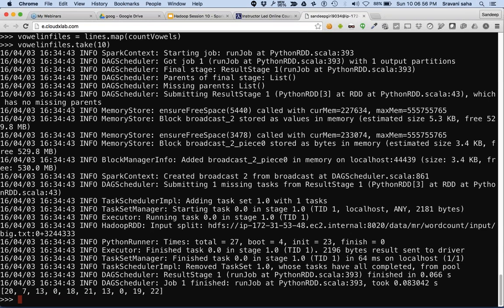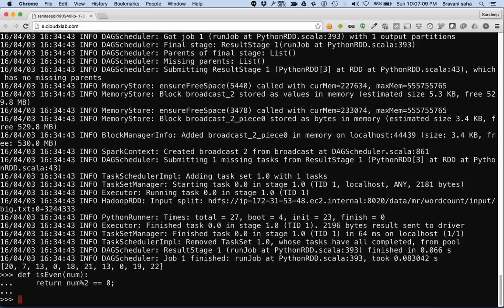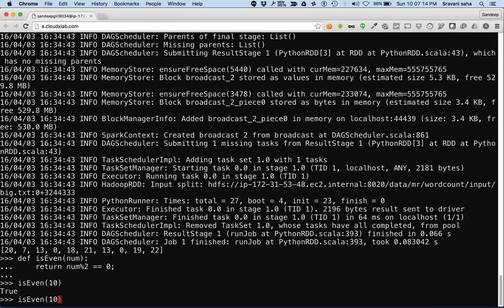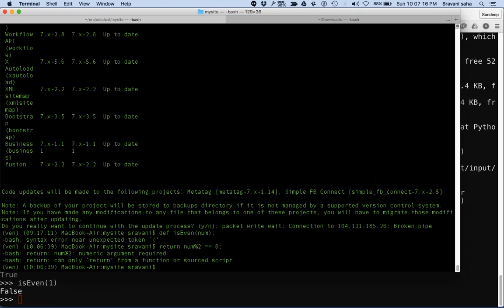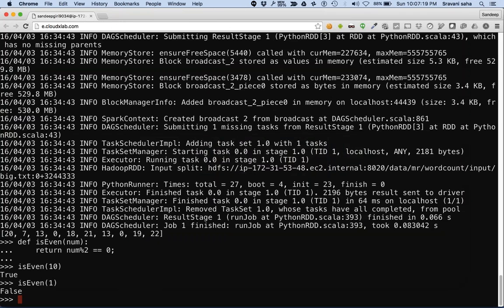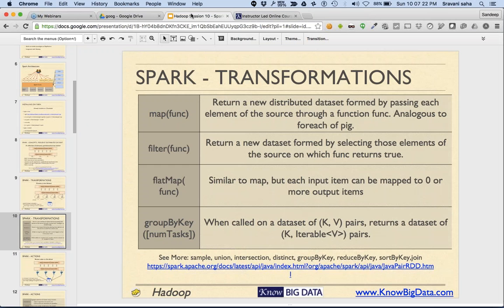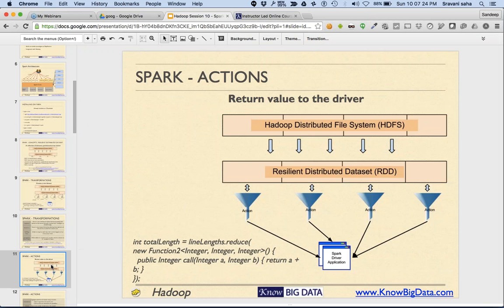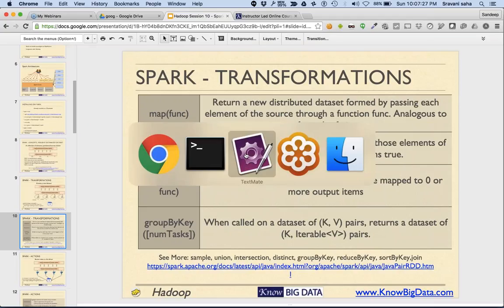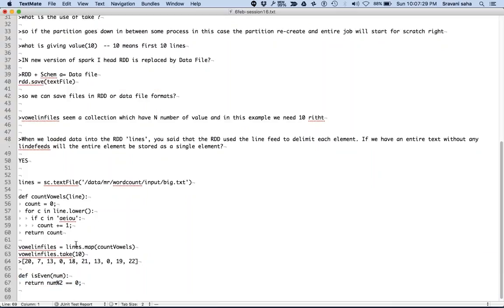Okay, so here we are. Now let's execute this function is even and test it. True, false. Good. The next step is we are going to execute is even against the vowel counts.